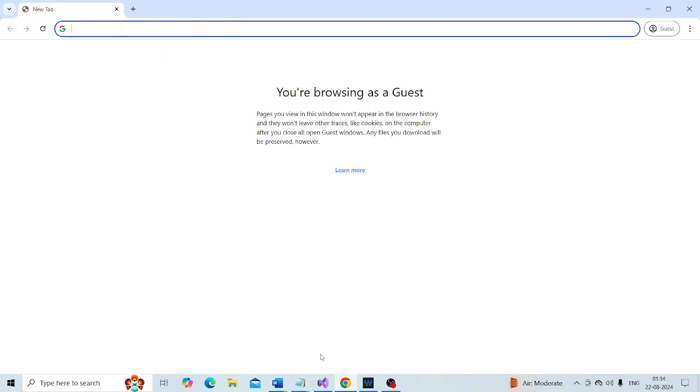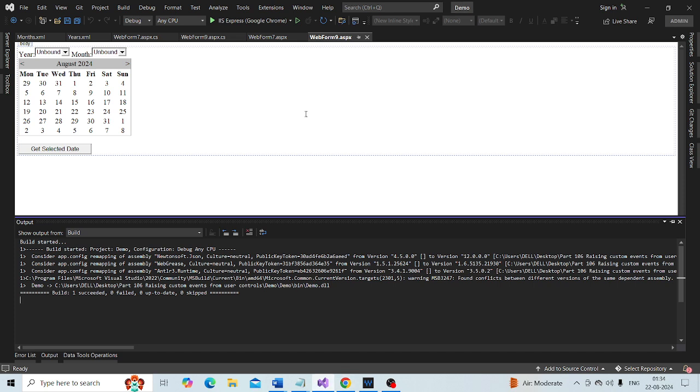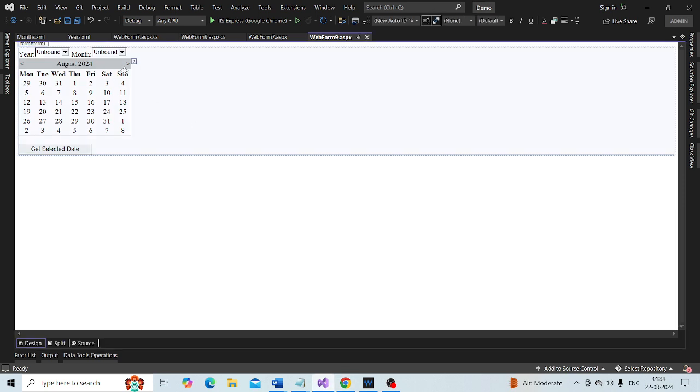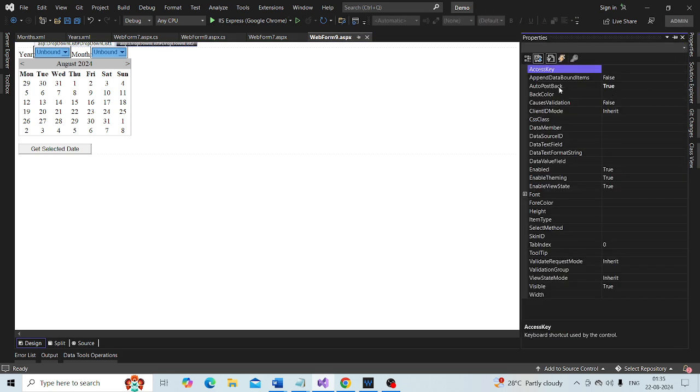Okay, let me go once again and set this again. Select both of these drop down lists and go to the properties. We have set AutoPostBack to true. Then why is it giving an error?